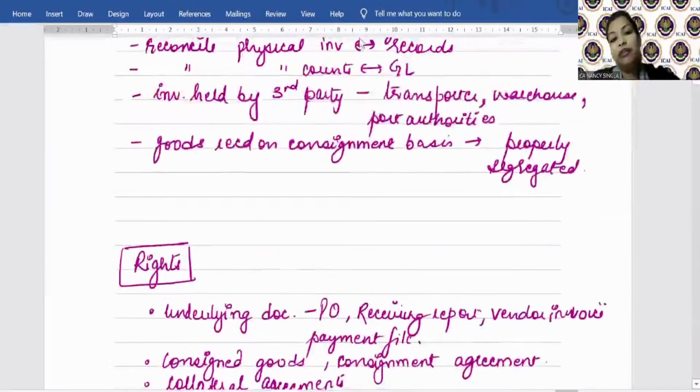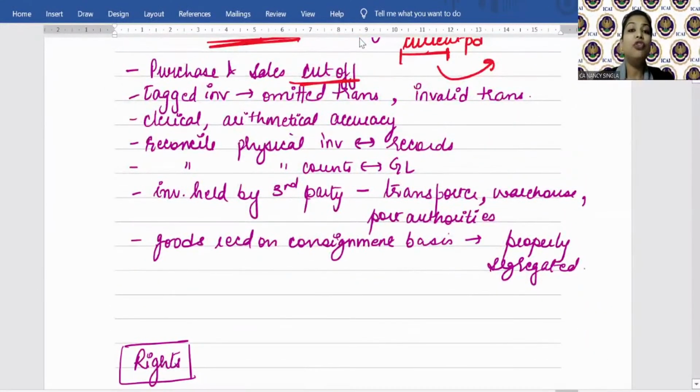Now tell me, if I ask you that you have to check the rights assertion with respect to inventory, whether the client has rights over the inventory, quickly tell me what is the first document that comes to your mind. The auditor has to obtain comfort on the rights assertion of inventory. So what is the document that comes to your mind? Quickly send in your replies. So Kanhaiya, that's good if it is clear to you. Quickly send in your reply. The first document.